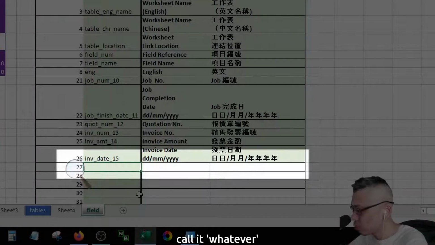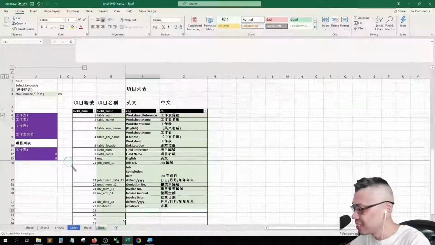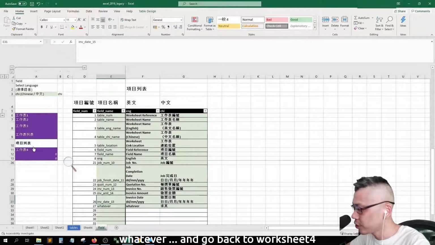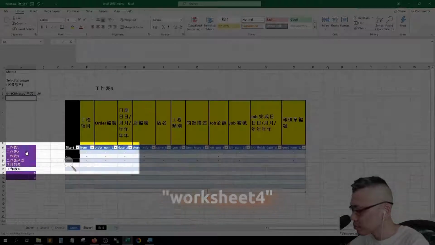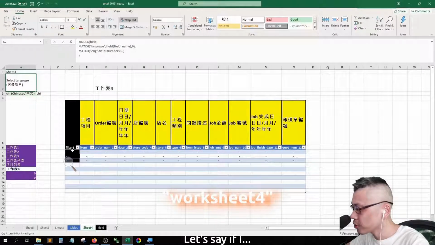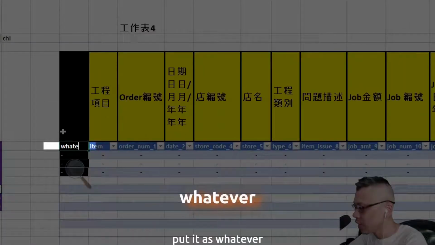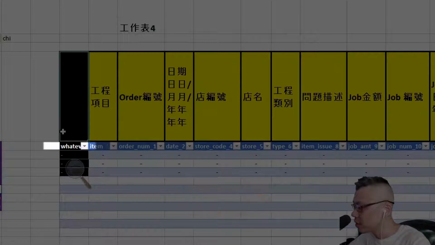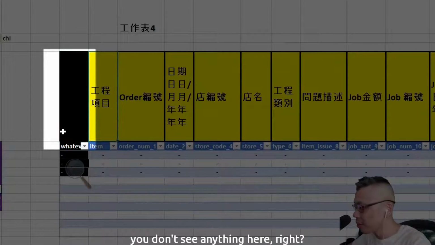Call it whatever. Okay, whatever, and go back to Worksheet 4. Let's say if I put it as whatever. When drag up, you don't see anything here, right?